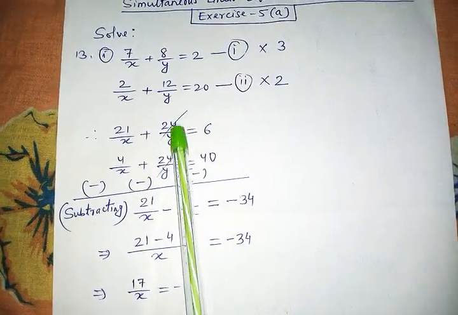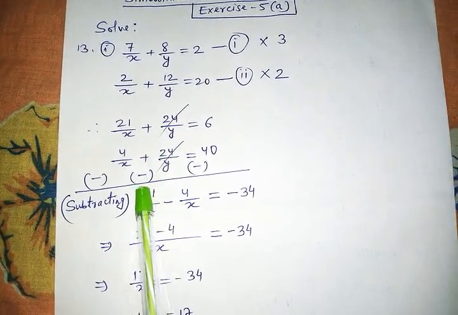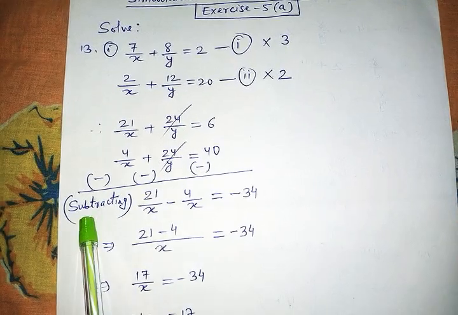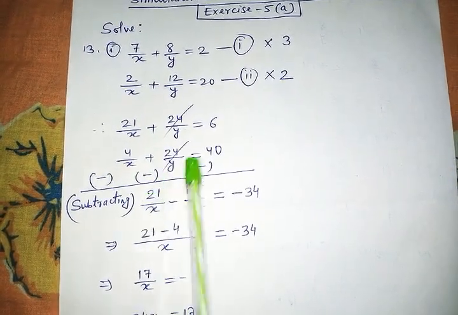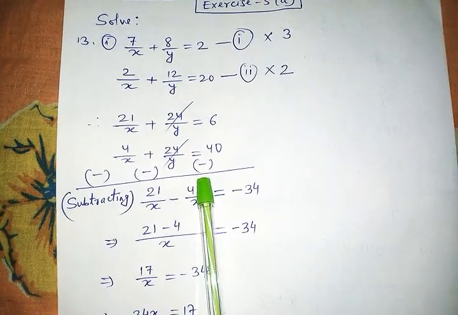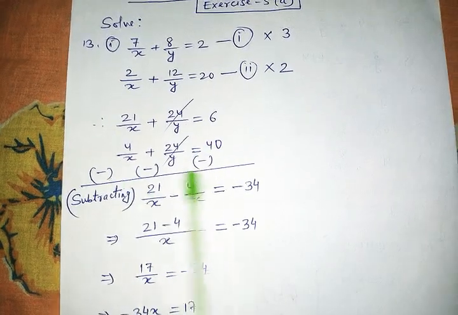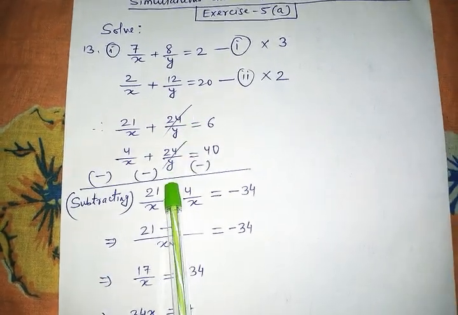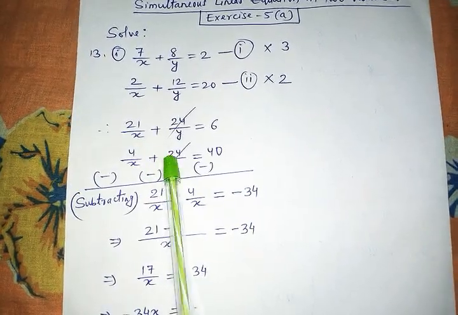As you can see, children, I have made y equal, but they are both plus plus. So to bring a negative sign, we have to do subtracting. So by subtracting, what happened? This plus became minus, this plus became minus, this plus became minus. And let me remind you, children, had it been minus, it becomes plus. But all of them were plus, so all of them became minus. Now this got cancelled because plus and minus. Because after getting this minus, this plus has no existence.